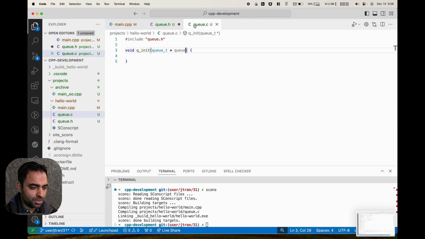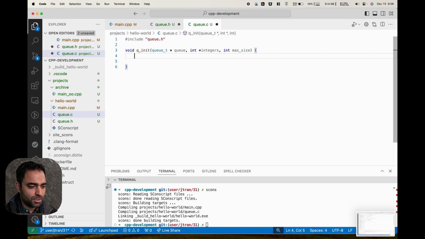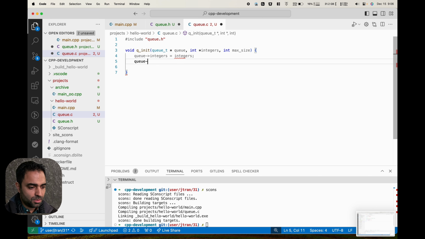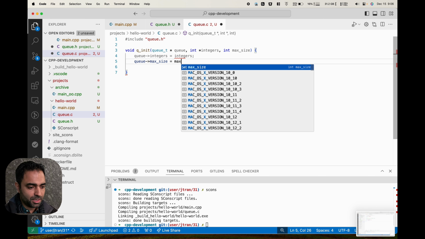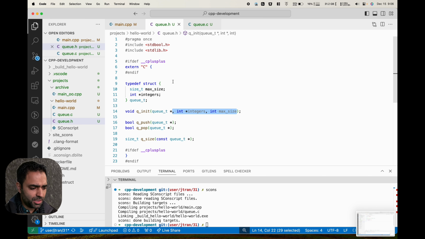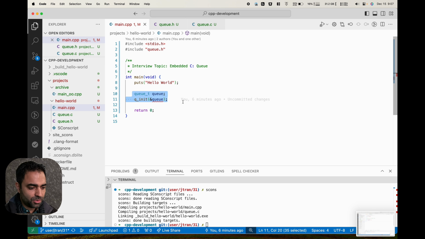So I have this data structure that remembers the integers and the max size. I'm going to copy this in here and say that, hey, Q integers equals integers, Q max size equals max size. And that finishes the Q API. Now I can do a little bit of test-driven development. I can include